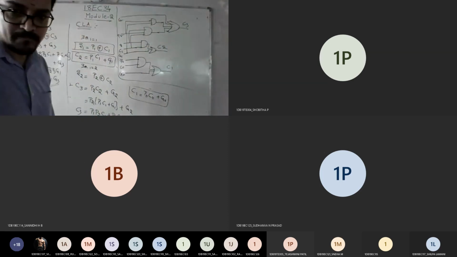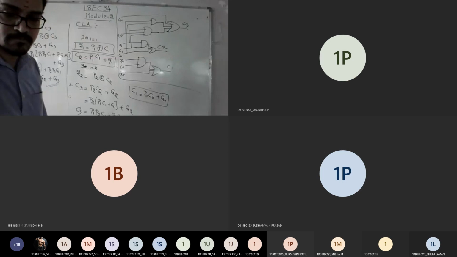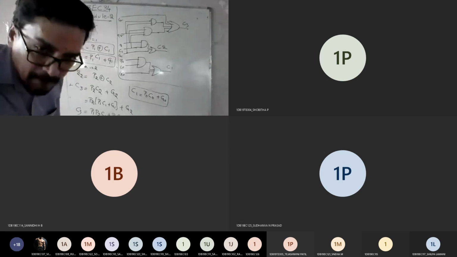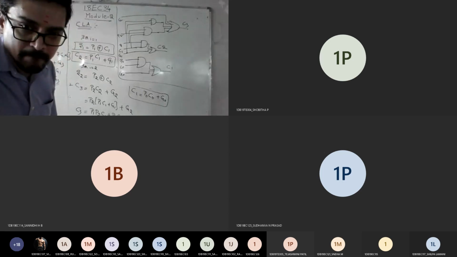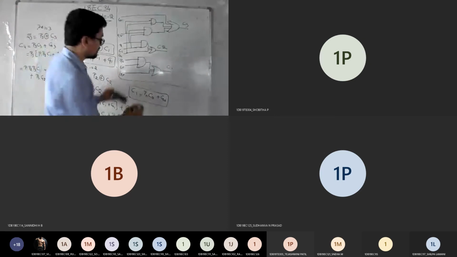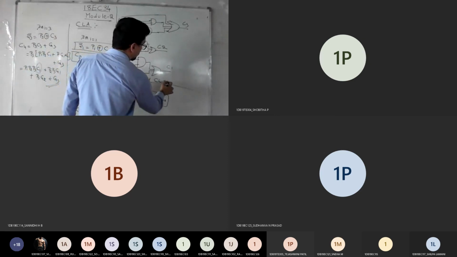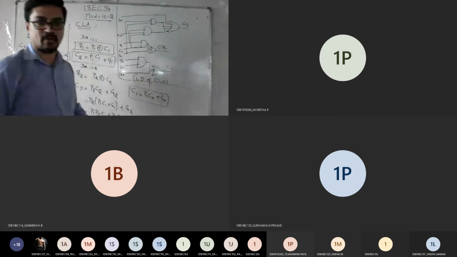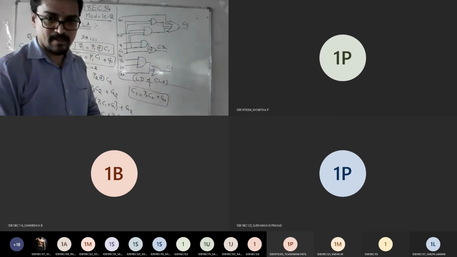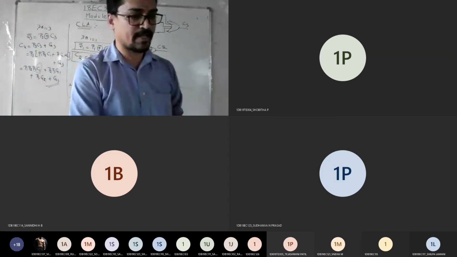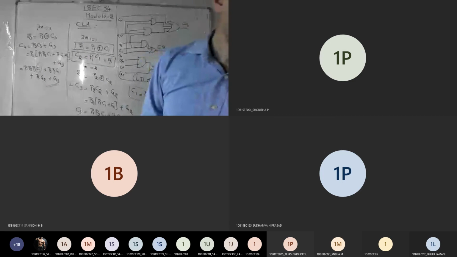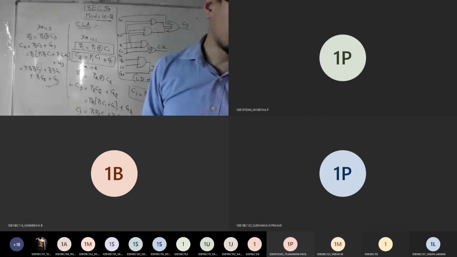Am I clear to everyone? Am I clear? So you should write a logic diagram for CLA. So this is the logic diagram for your CLA. If you have any doubts still, you can ask. Any doubts, anyone?